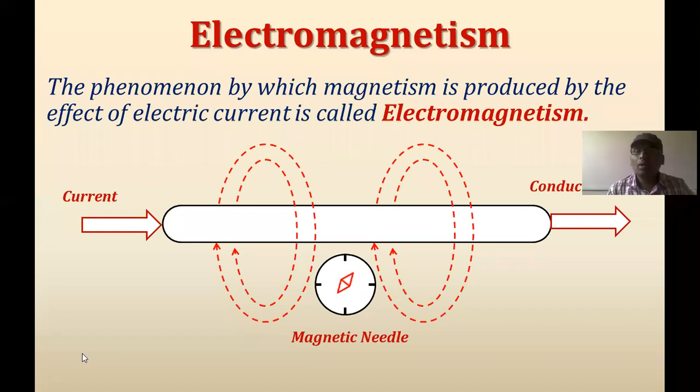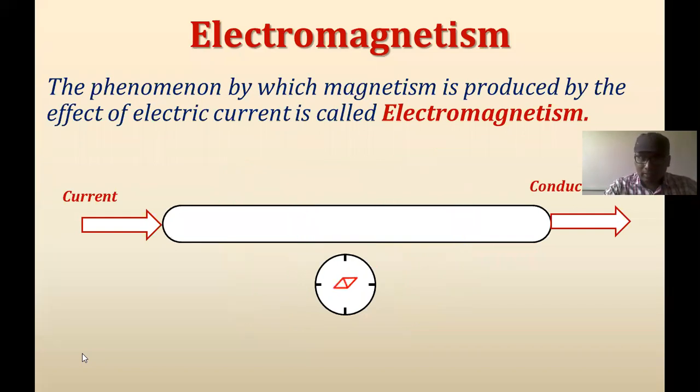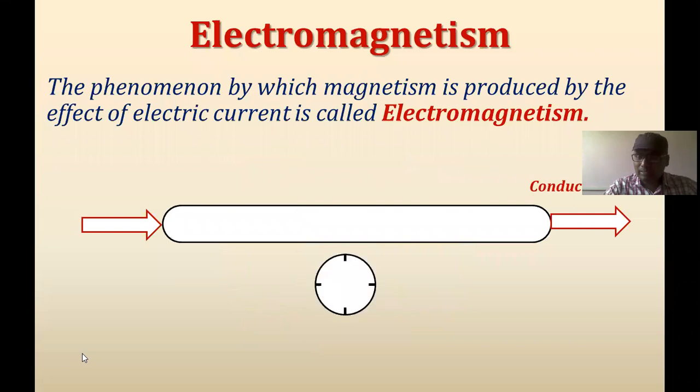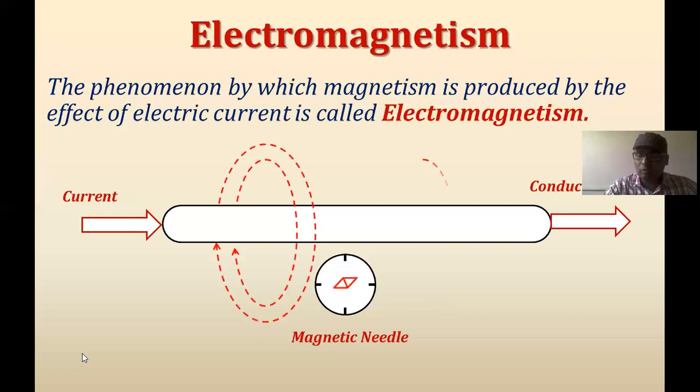Yes, sir. Okay. Once again, just please see what that experiment is. Here we consider one conductor, with current flowing through it, and one magnetic needle placed near that conductor. It is observed that when the current is flowing through the conductor, there is a deflection of this magnetic needle. And why does the magnetic needle show the deflection? It means that the magnetic field is generated along the length of that conductor.